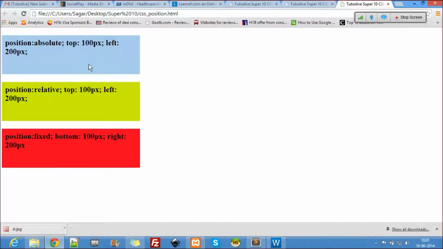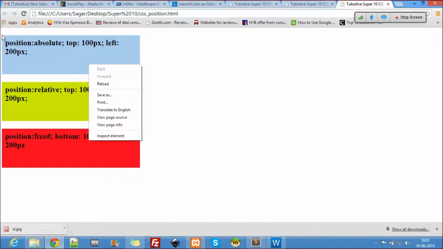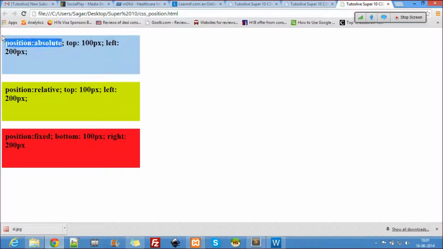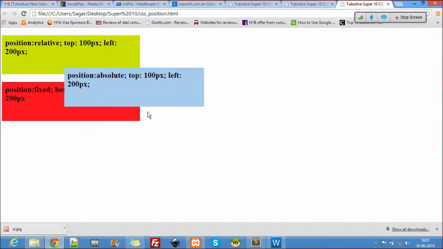So as of now, the position here is some 2 pixels and the top is with a margin something. Let's refresh this. You see now, this is 100 pixels by 200 pixels. So it has placed it in absolute position.